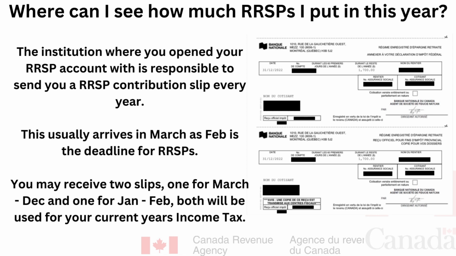And then if you've contributed from January 1st to March 1st of the current year, you'll get one slip for that as well. These you'll keep, and then you'll input them into your tax return that you'll be filing in March and April of the current year for the previous year's taxes. Once you file your tax return, the government will assess you and then say, yes, they agree with the amount of the refund shown, and then they will send you a check for the amount of money you are expected